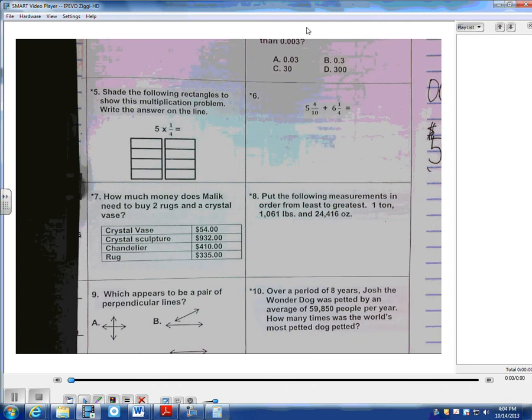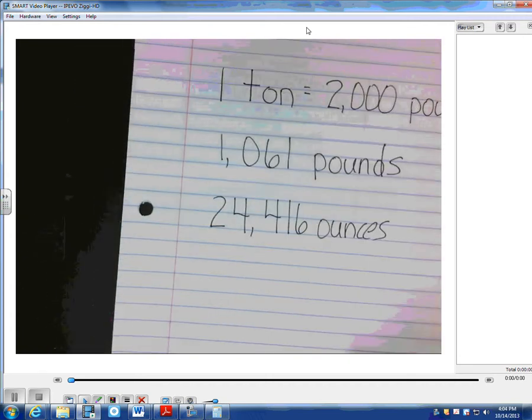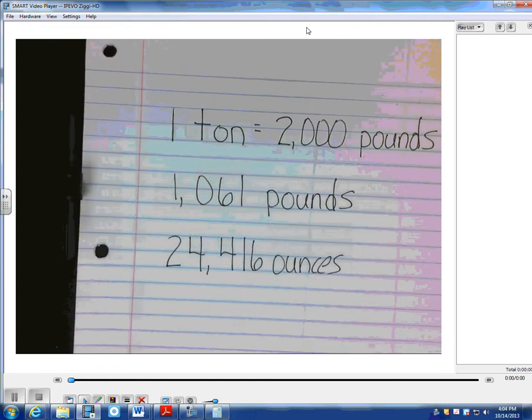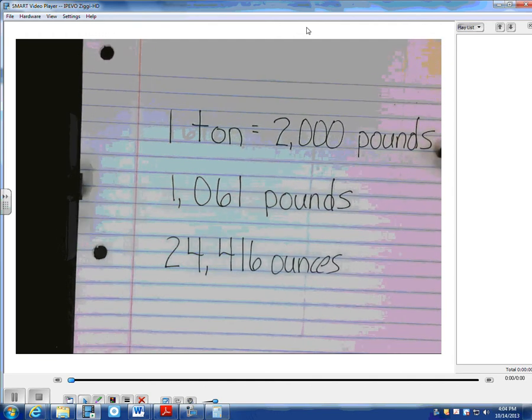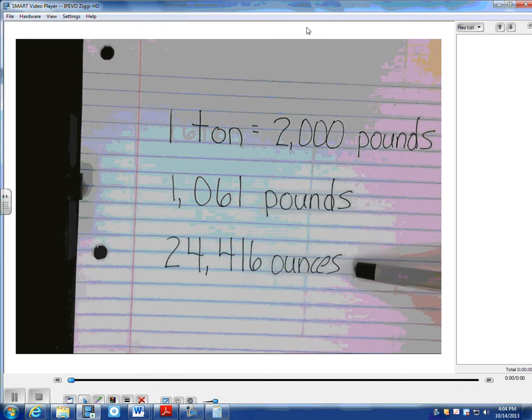Okay, so let's look at this problem. Just so you know, 1 ton equals the same thing as 2,000 pounds. So that's what 1 ton is. The other weight they give us is 1,061 pounds. And then the last weight that they give us is